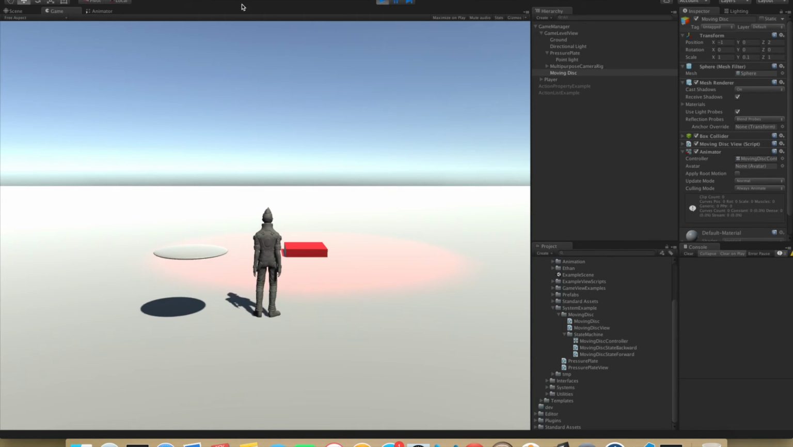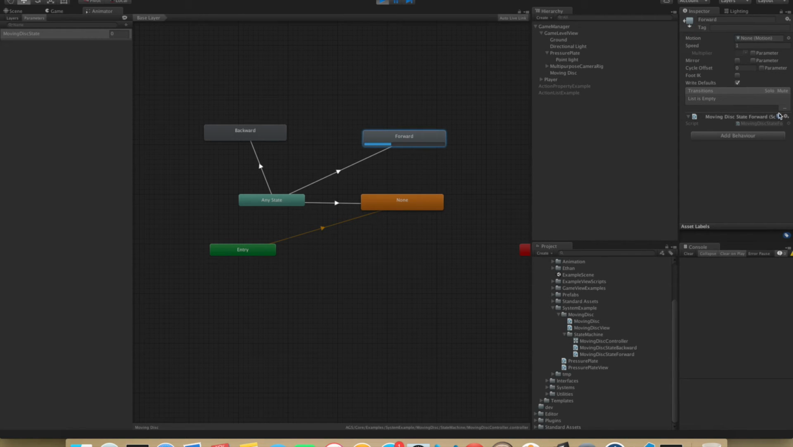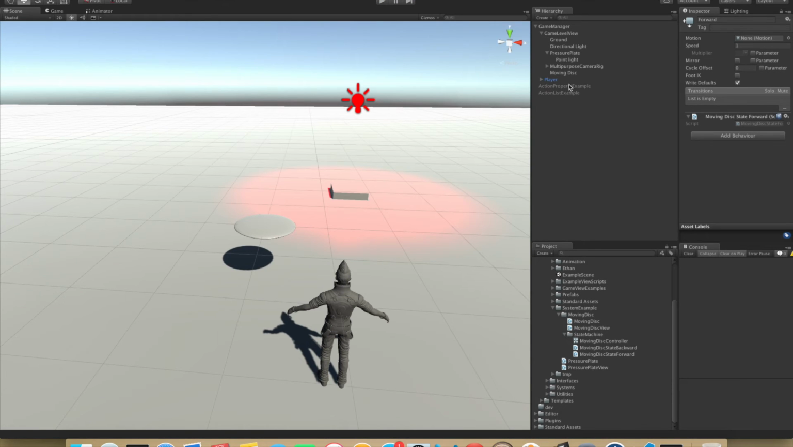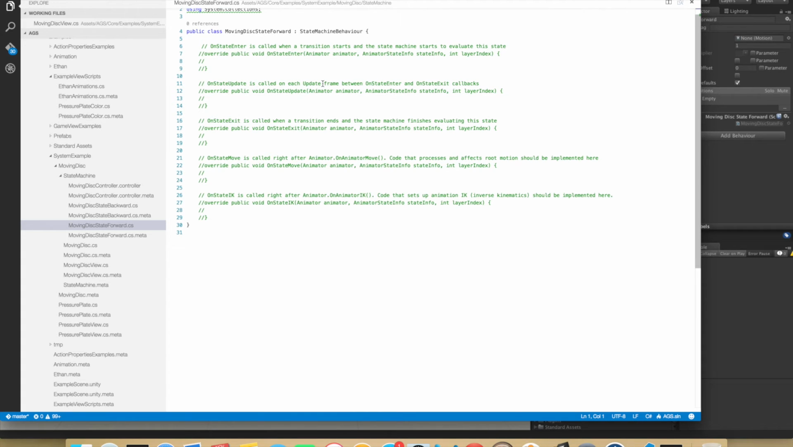Okay, we don't have any error, but it's not moving. It's going forward, and I know what's wrong. We haven't implemented the state machine behavior script, of course. My only excuse is that it's Friday. So let's do this right now. This should be fast. We do